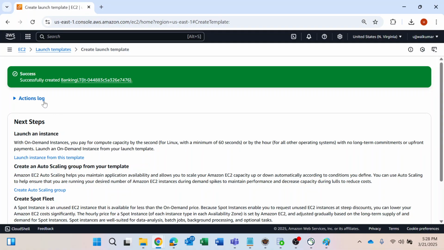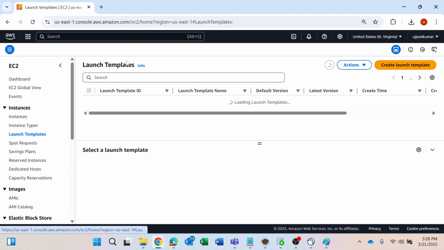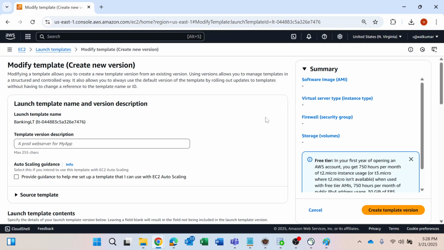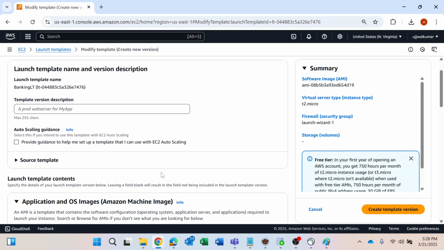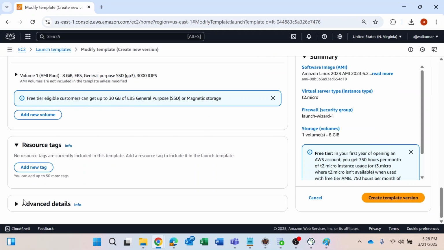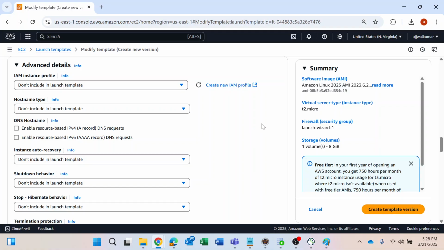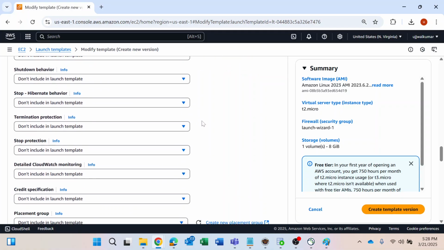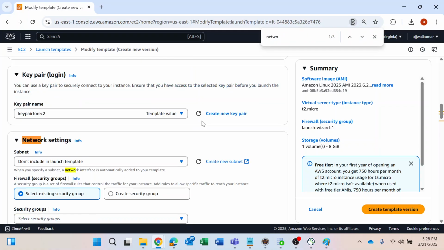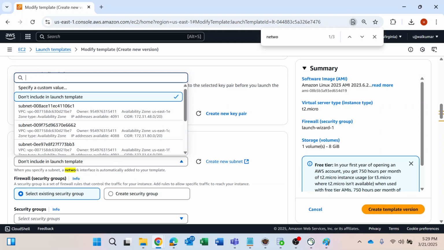Okay. Yeah, one thing. Let me just go back. Modify template. We'll create a new version of it. I just wanted to verify a few things over here. Storage, let's go through the advanced settings. Host name type. Okay, under the network settings, we're gonna add a